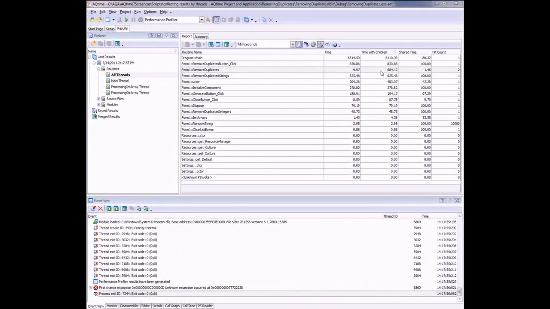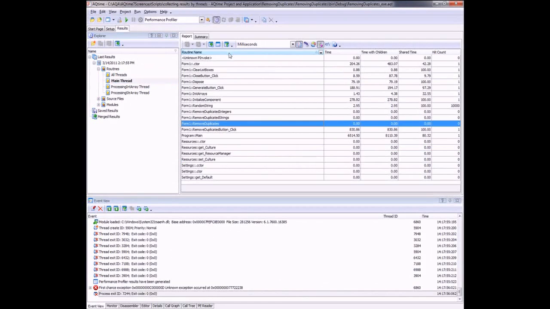The time with children column right here displays the total time spent on calls to that routine in several threads, and that includes calls to child routines as well. But it's difficult to estimate the performance of this function just based on this value because the function's execution time can differ significantly in different threads. And so in this case, what we need to do is analyze how fast the function actually performed in each thread. Okay, so if we look at the main thread here,